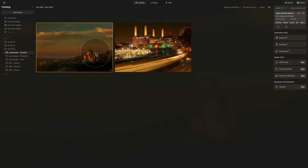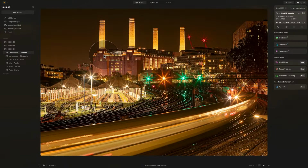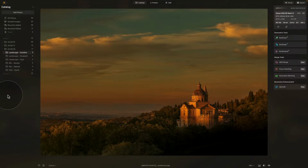So we have 2 images from Caroline. One right here with this beautiful sunset or golden hour, and then one here. Now Caroline, I had a look, and as far as my memory goes, I already reviewed this image for you in January. I looked back and it's actually in the show on 23rd of January. So if you want to check out the review for that, go ahead and do that, because I already looked at it and we have lots of photos. So we're going to focus on